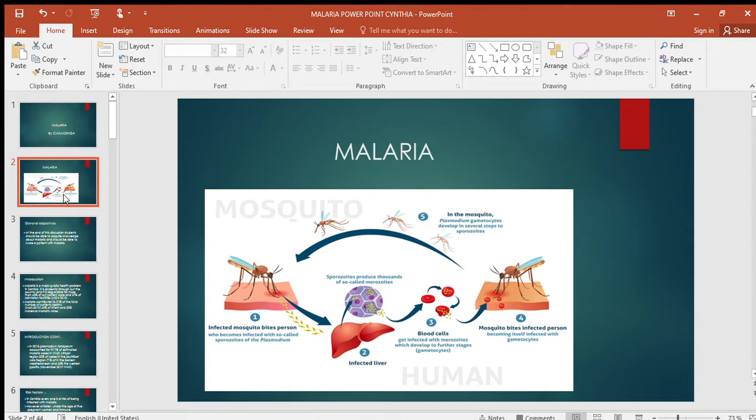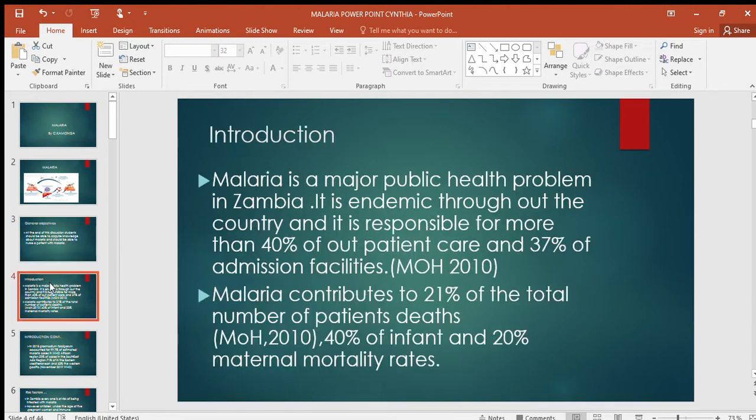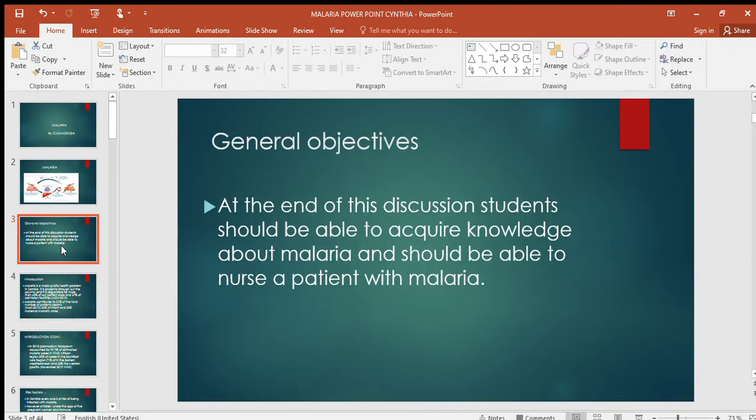So we are looking at malaria. Our general objective is that at the end of this lesson, the student should be able to acquire knowledge about malaria and should be able to nurse a patient with malaria. On the specific objectives, you should note that you should be able to